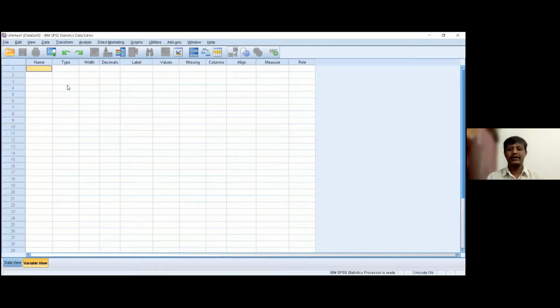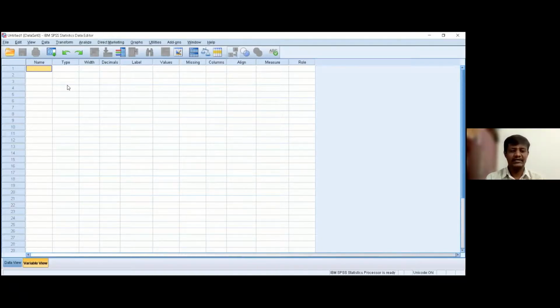Whenever we go for data collection, nowadays we all are depending on Google Forms and other online media for collecting data. So when we download the responses from the system, that will be downloaded in an Excel format. So we are going to import that Excel file into this SPSS software.